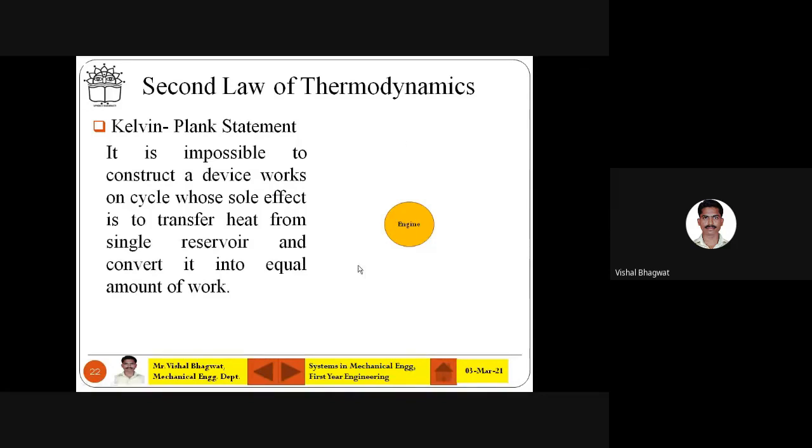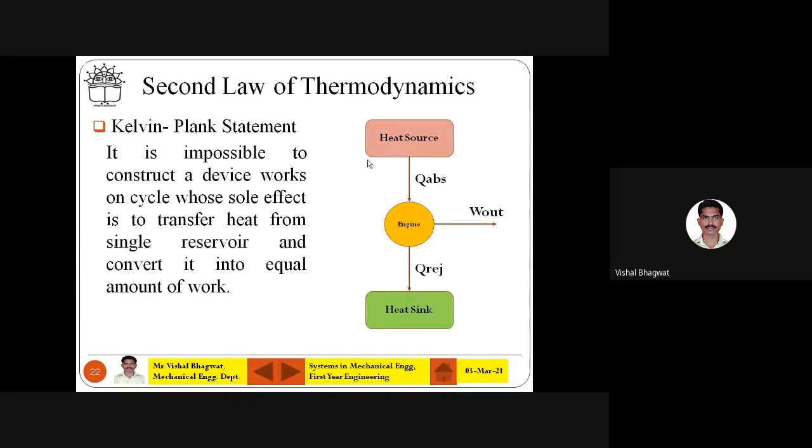Okay, fine. So what have you seen? Heat is received. It will produce some work output. You know, this is the PMM2, and finally, the actual figure of the Kelvin-Planck statement is this. Practically, this is possible. So Q1 is input, work is output, and Q2 is rejected. So the actual work output is Q1 minus Q2 only.